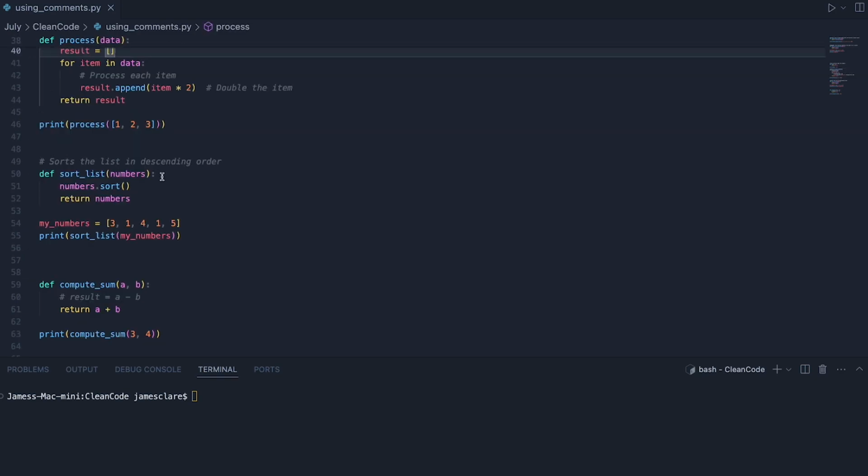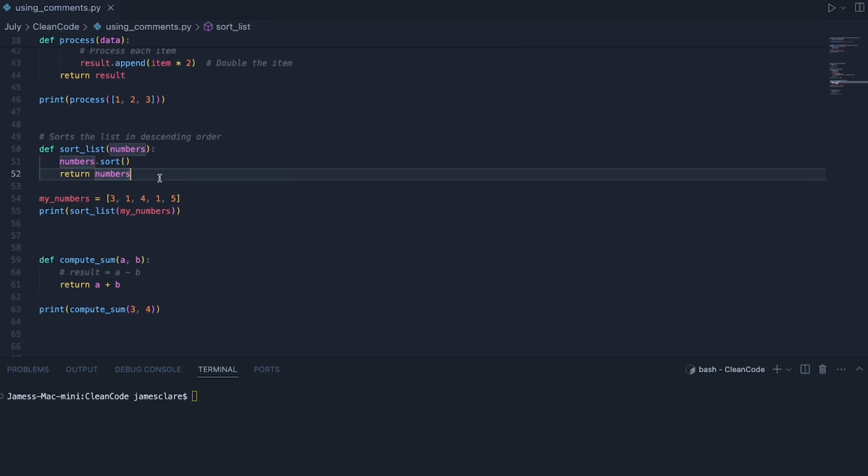And then we have just wrong comments. So this one says "sorts the list in descending order." Well, it doesn't. If you did reverse equals true in here, then yeah, that'd be true. But this comment is incorrect. Now, I think this generally comes from people writing code and commenting it, and later on that code develops and gets changed, and then the comments don't change with it. This can be one cause of comments that don't quite line up with what the code is actually doing.